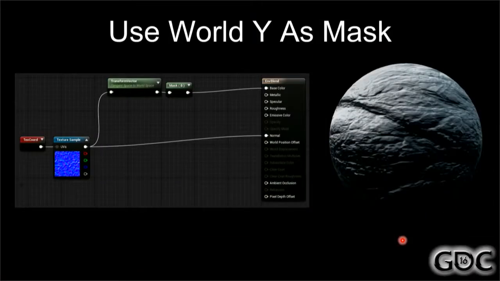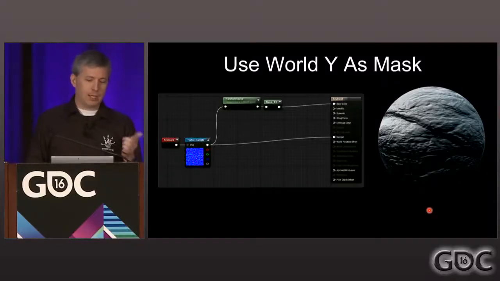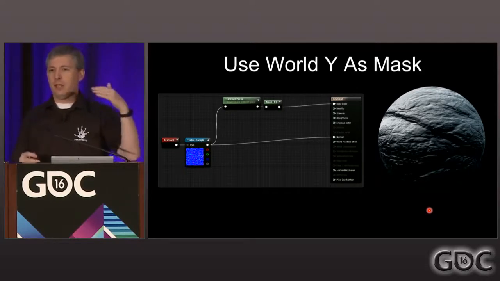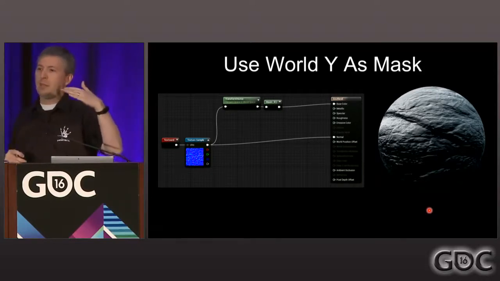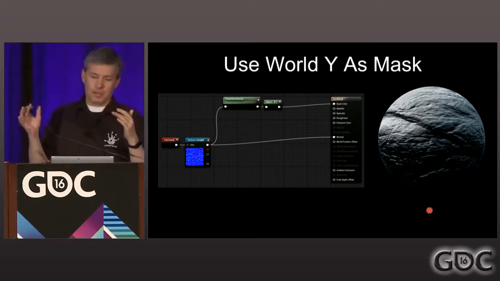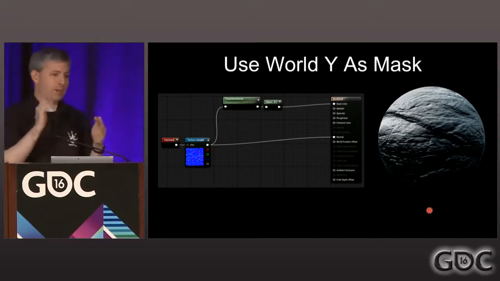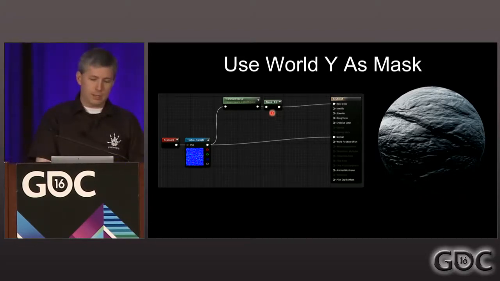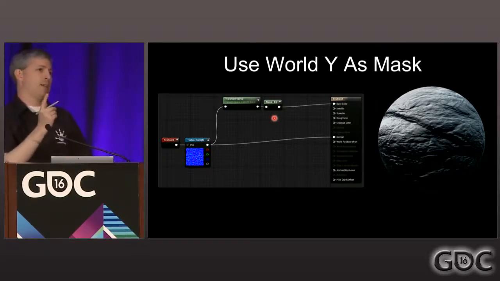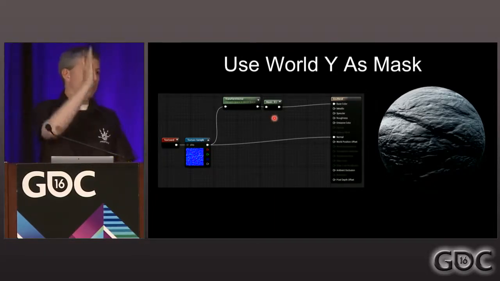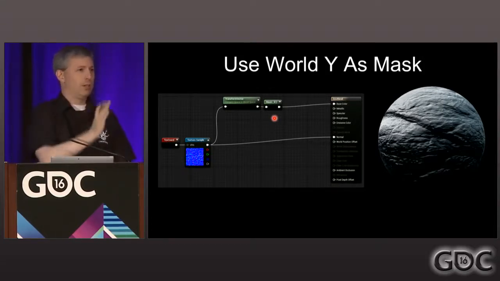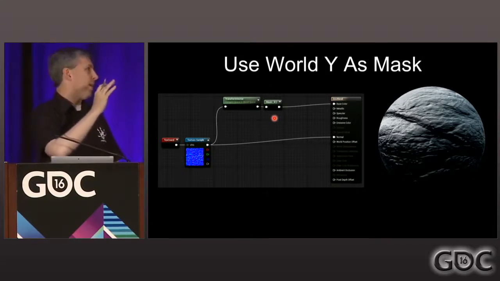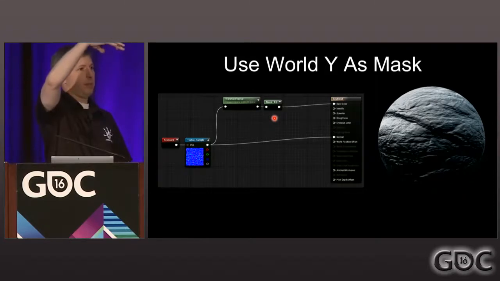There we go. All right, so I'm going to take our normal map and plug that into our transform vector. What that does is it tells me this normal used to be in tangent space, and I'm converting it into world space. Then, using the mask node right here, I'm going to pick the B component, or the Y component, which in this case is Y up. So Y is the vertical component in world space,